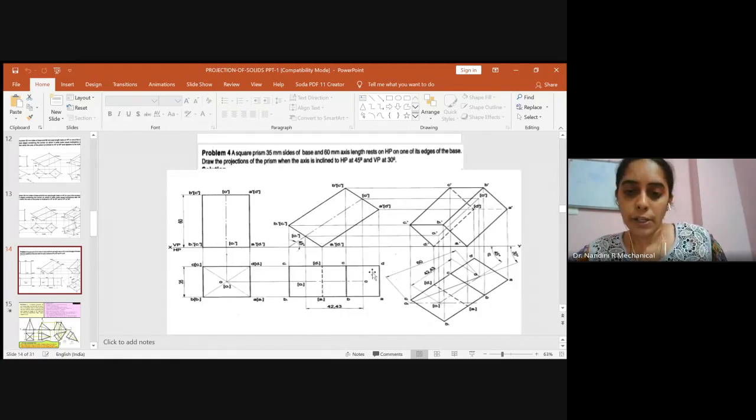So you now know the axis from O to O1. The remaining corners of the top and the bottom surface are to be determined. So for this, you have to draw an exactly perpendicular line from O and O1. So this is our O. So from O, you just draw a perpendicular line.